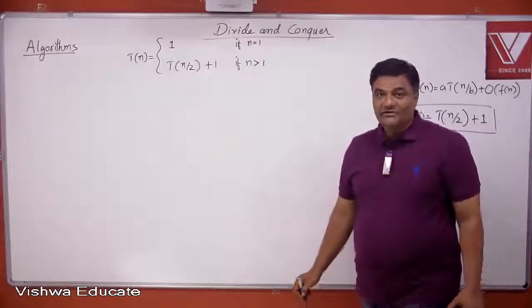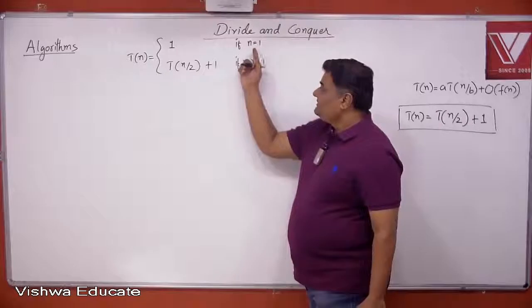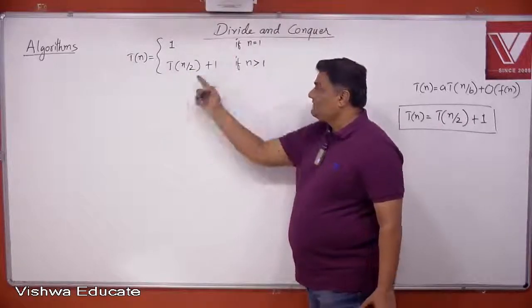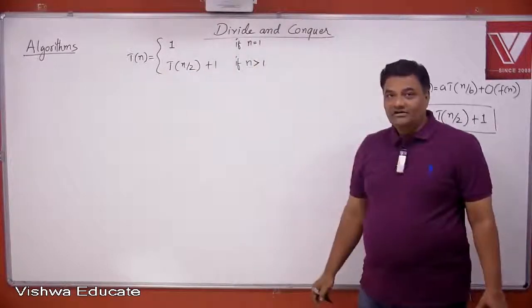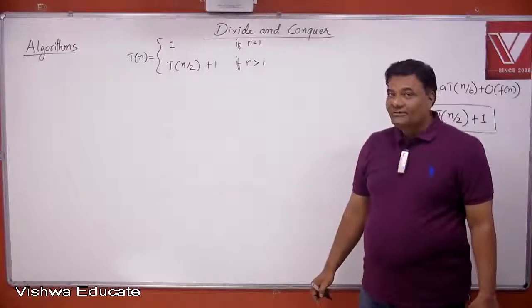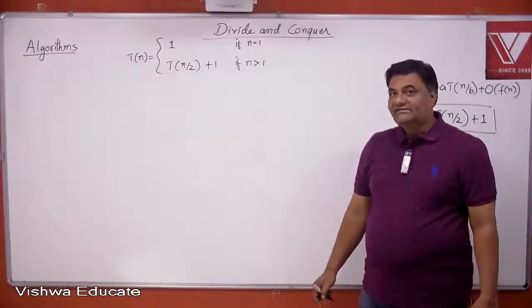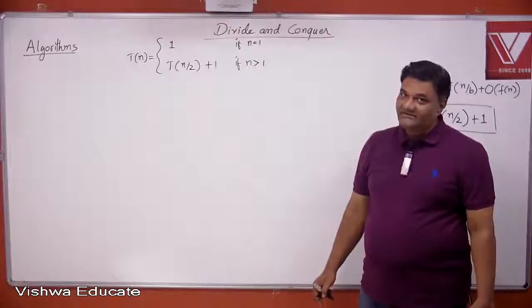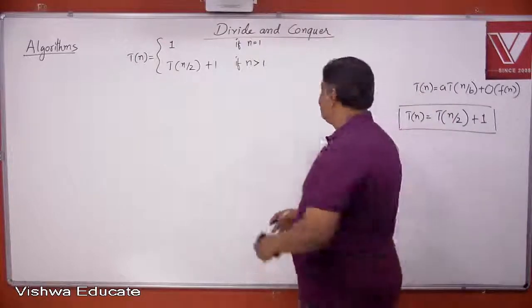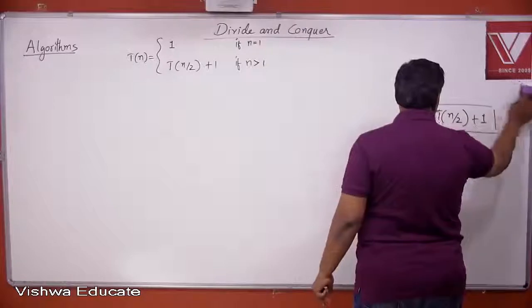So in the recurrence relation you also have to mention when n is small, what is the time, and when n is greater than 1 or larger, what is the time. So for 1 we have taken this one. If n is greater than 1, then that is the answer. If n is less than 1, then so and so answer. Now, how to find the time taken